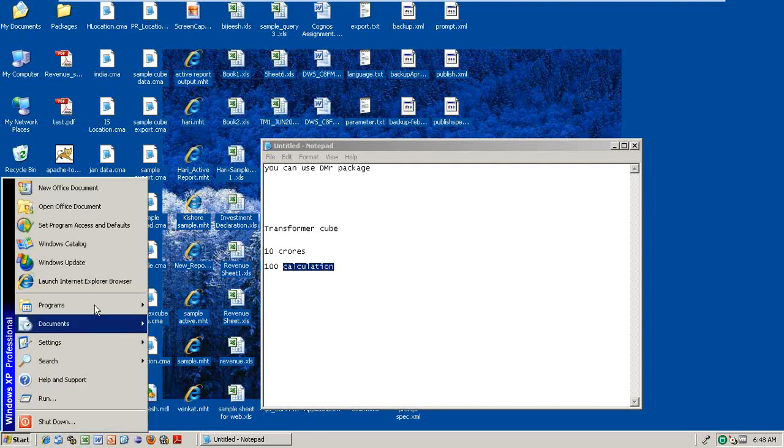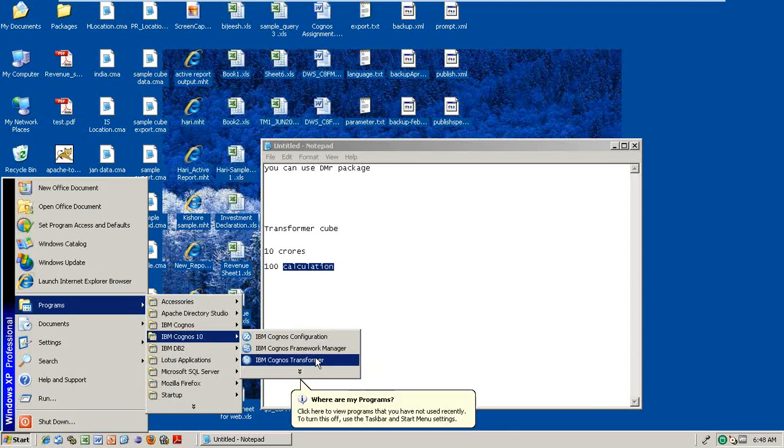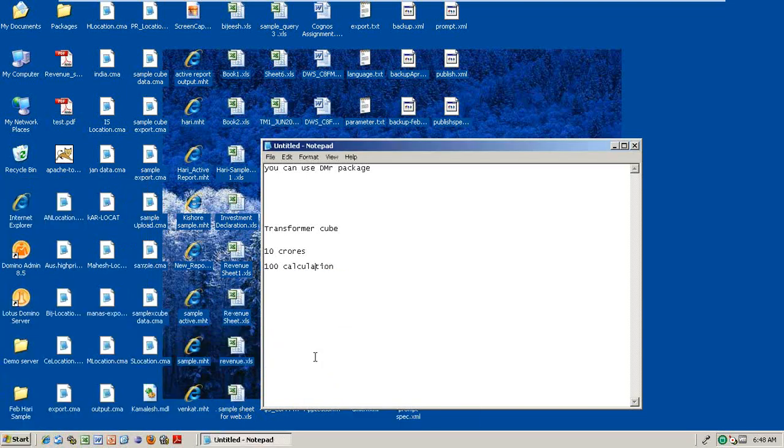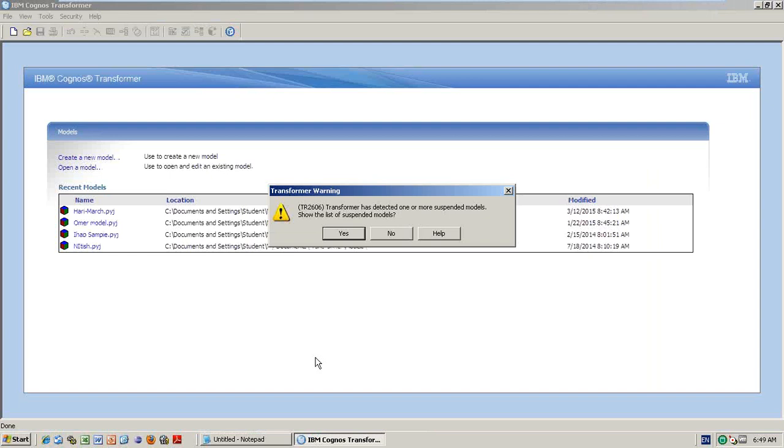Okay, right. Now I'm going to the Transformer. Remember, like Framework Manager, Transformer is also a Windows-based tool. So in Power Play, you analyzed the data by using the Transformer cube. But now the main thing is, how will you create a Transformer cube? How can you model the Transformer cube? Very, very important. Only in some projects will you do this, because most people, even with 10 years of experience, don't know Transformer. But please learn it, it is very easy if you know the concepts.